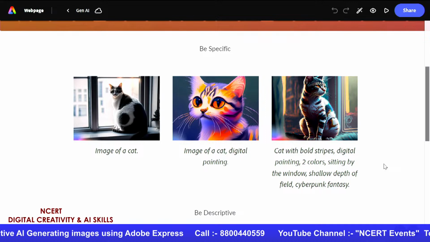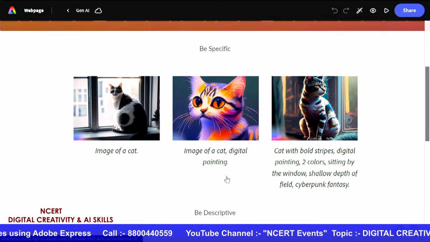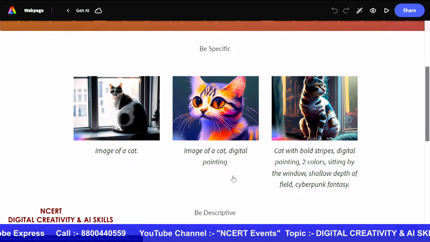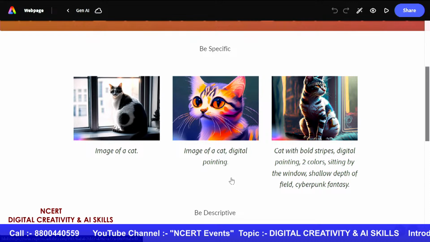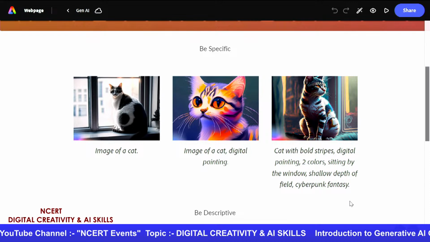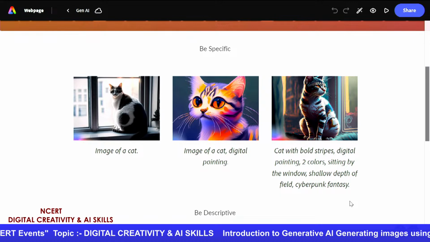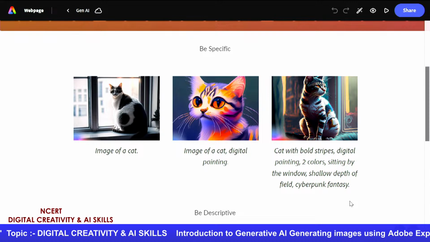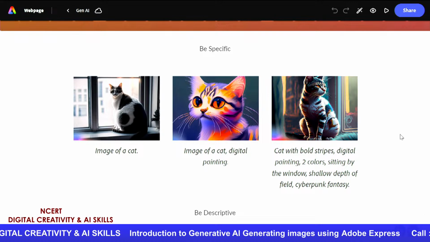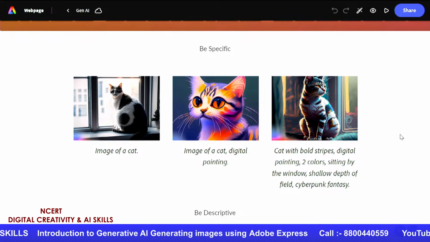When I say image of a cat, the first image appears. When I said image of a cat, digital painting, you can see how vibrant and colorful it is. When I said cat with bold stripes, digital painting, 2 colors, sitting by the window, shallow depth of field, and cyberpunk fantasy, the third one is where you have described it more, and I think it is the best among all 3.